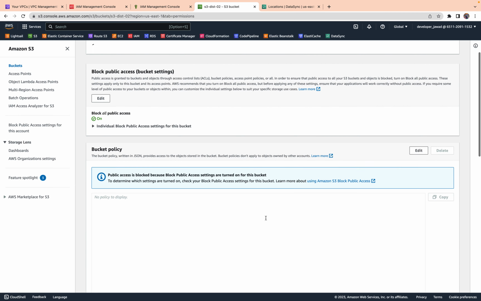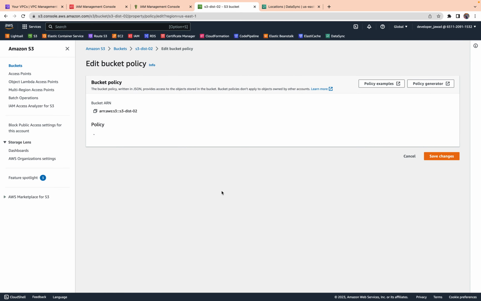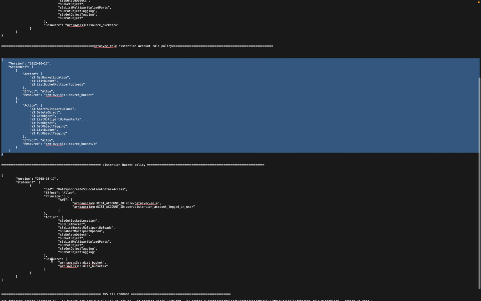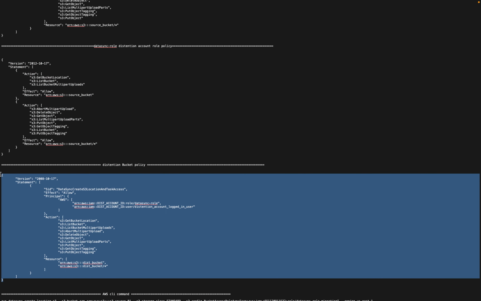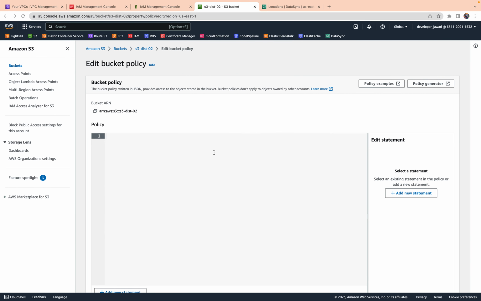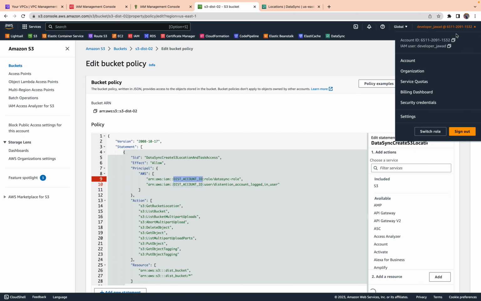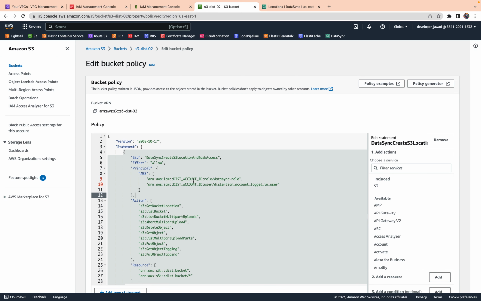Okay, moving on to the bucket policy. For the destination account, I also have a policy. We'll need to copy this policy from here, paste it in the destination account, and replace this ID again with the source destination account. Okay, replacing it